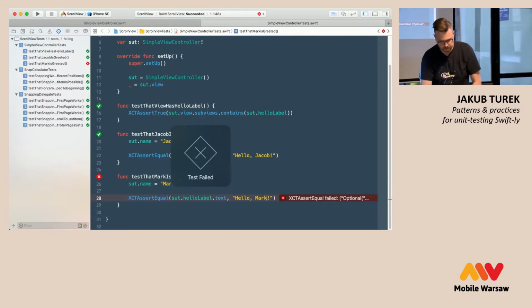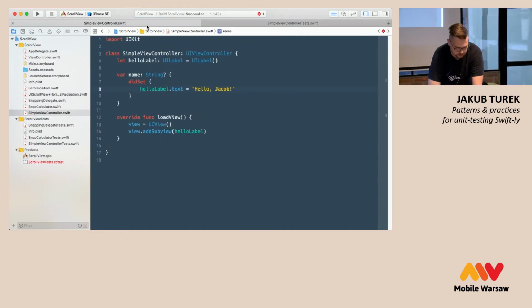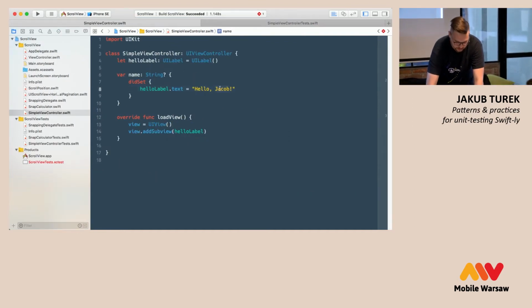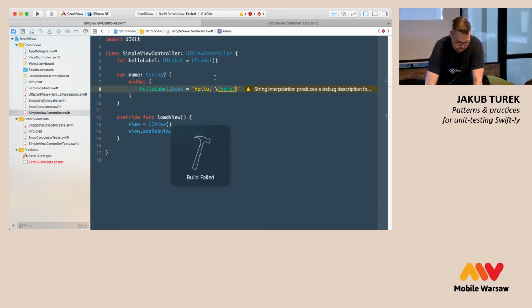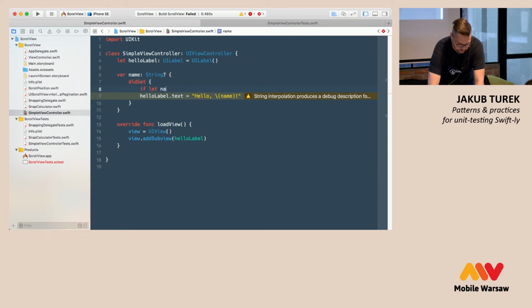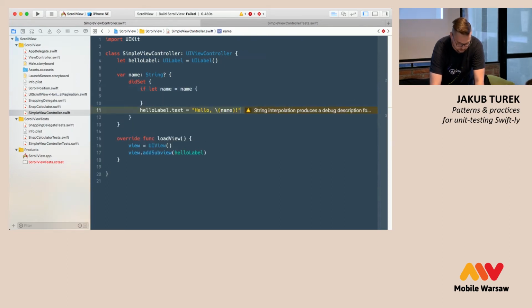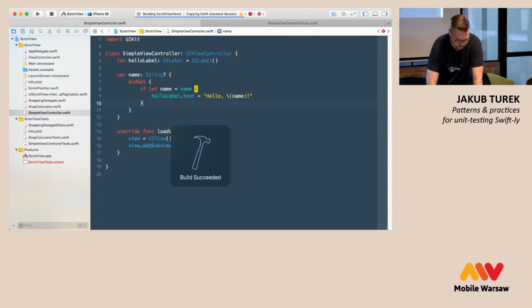And it's a red test, so I need to write some more production code for that to work. And it's as simple as doing this. Oh, it's actually not, because the name is an optional. So I need to